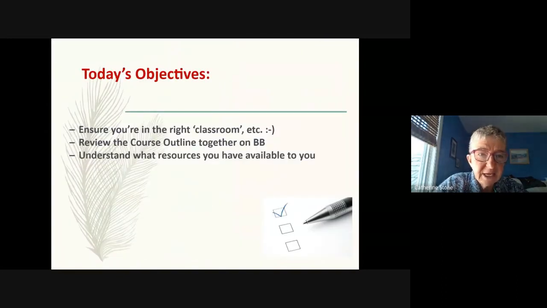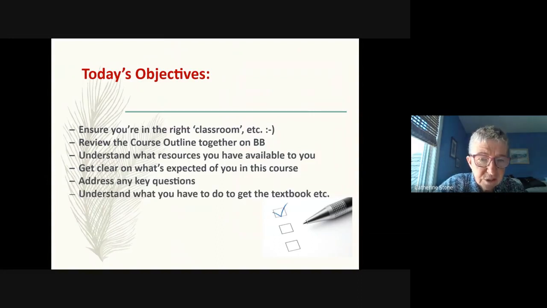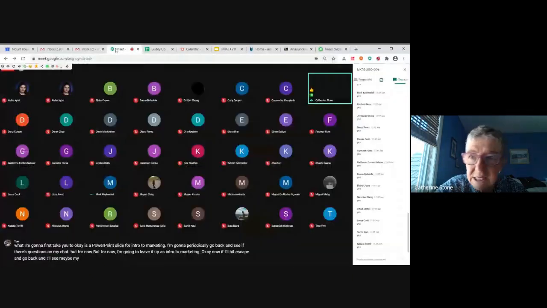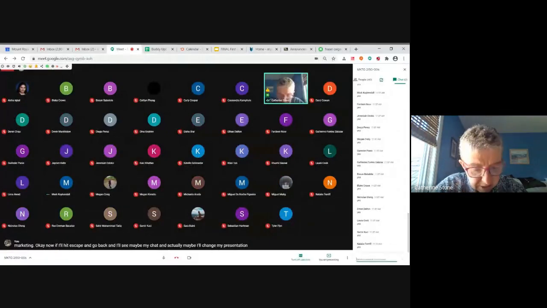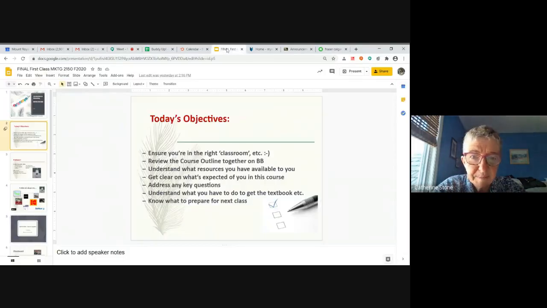So our objective today, as I mentioned, is make sure you're in the right spot, okay? Now, what I'm going to suggest to you is if you are not in the right classroom, that you sign off, okay? If you need help in finding out where you should be, you can email me, okay? And that email, if I pop back here for just a second and go over to the chat, is kastone@mtroyal.ca. That is my email address. So if you need any of my help in finding the right classroom, I'll do my very best, but that is a contact that you can use, okay?